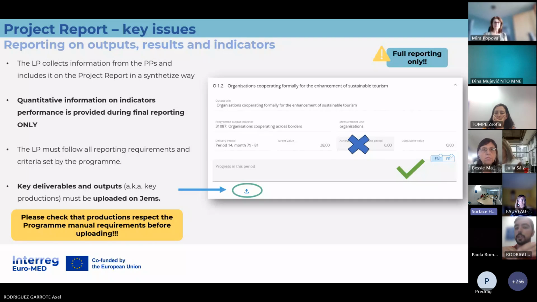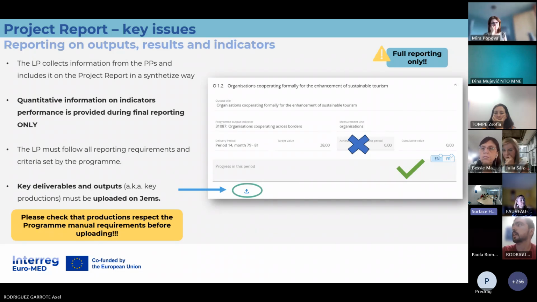Then you will see for each of the elements of the work plan that there's an attachment icon down there. There you can upload your key deliverables and outputs once they are finished. This is a change compared to what we were saying before, because before we asked you to submit your key productions on Basecamp, but now the thing is different.